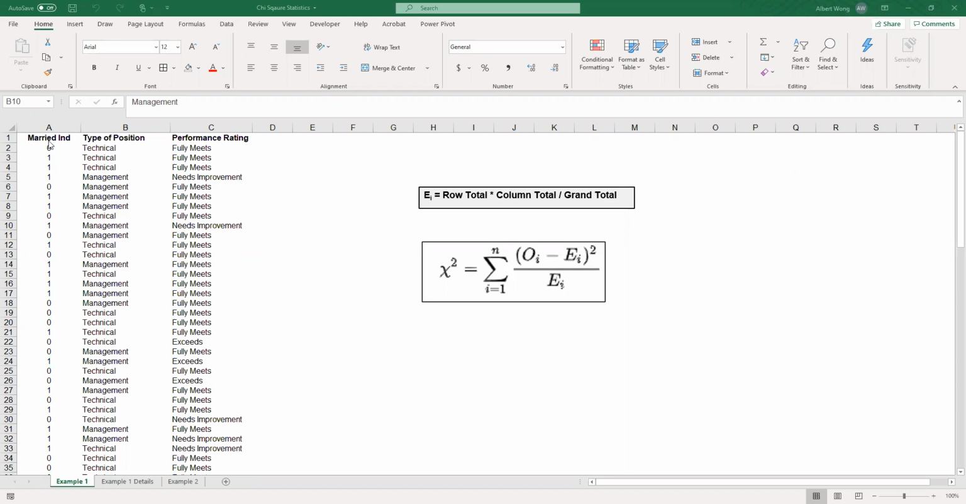We have three variables: merit indicator, type of position, and performance rating. The type of position and performance rating variables are both categorical. So in order for us to look at the possible relationship between these two variables, we use the technique called the chi-square statistic. The first step in performing the chi-square statistic is to construct what we call a two-way table or